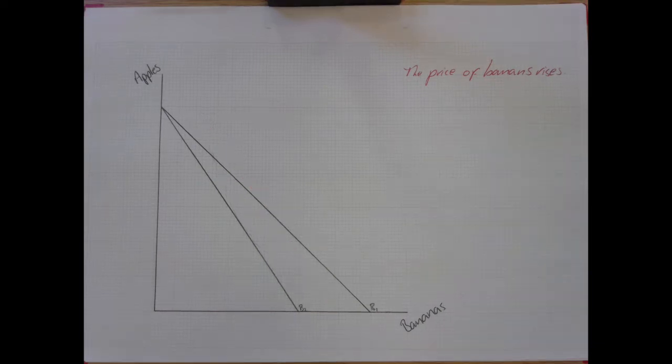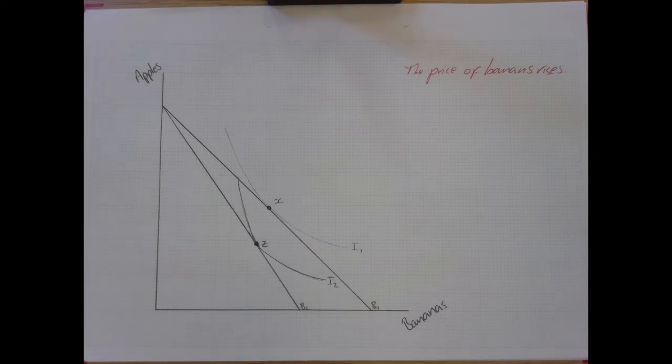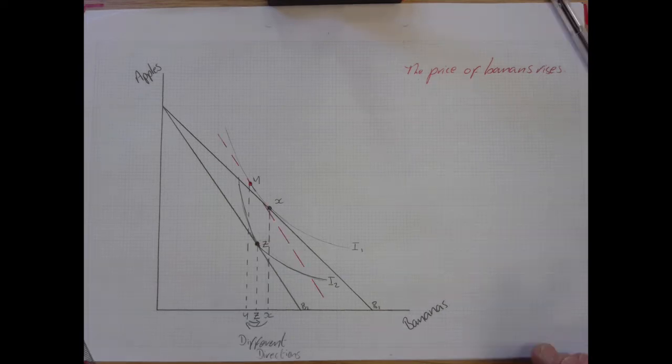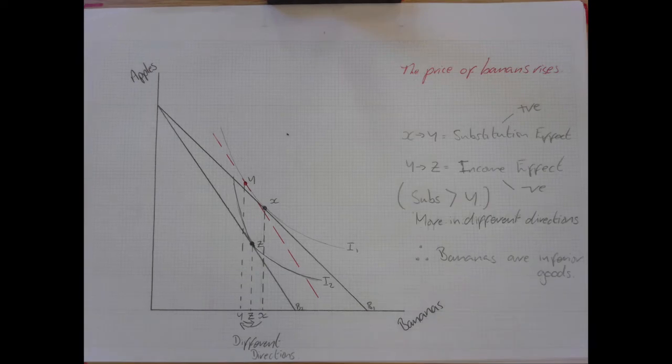Okay, a similar set of diagrams now, and once again the price of bananas is increasing, shifting the budget line in from B1 to B2. When we add the indifference curves, we can see that the equilibrium position has shifted from X to Z. Once again, we put on the red line to show that the market has moved from X to Y to Z. X to Y is the substitution effect, that's positive, and Y to Z is the income effect, that's negative,